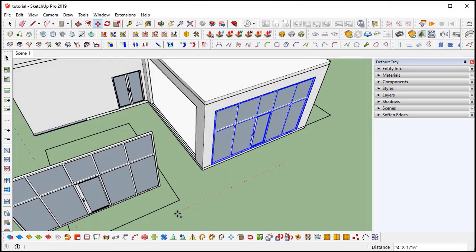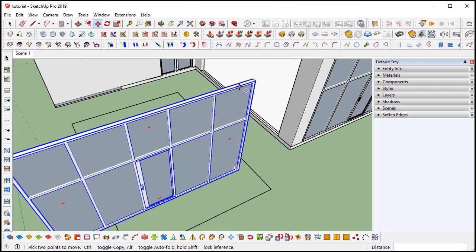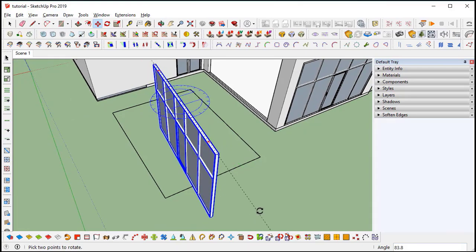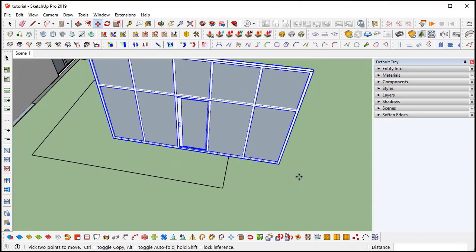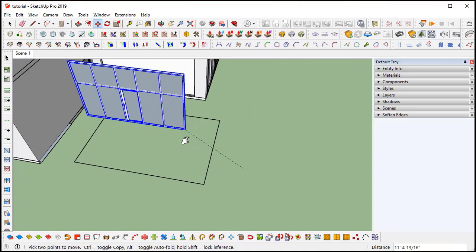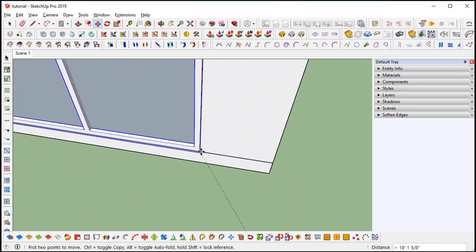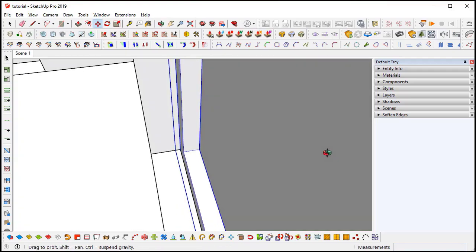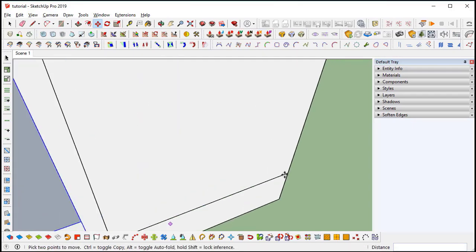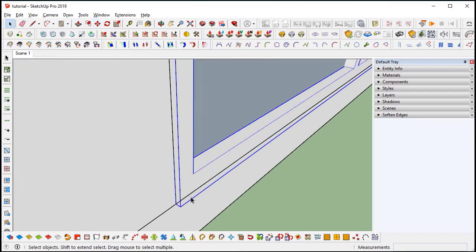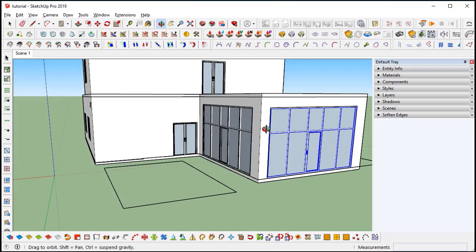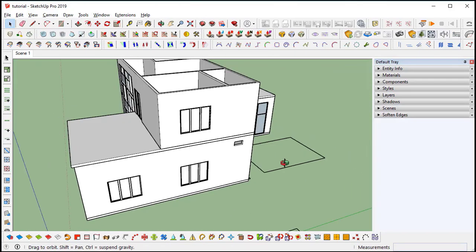And I'll make a copy, and I'll use the move tool to rotate it. If you grab the red pointer, then it will automatically take the rotate tool. Now I will move it to position, move it inside a little. Move it inside a little. Now it's perfect looking.